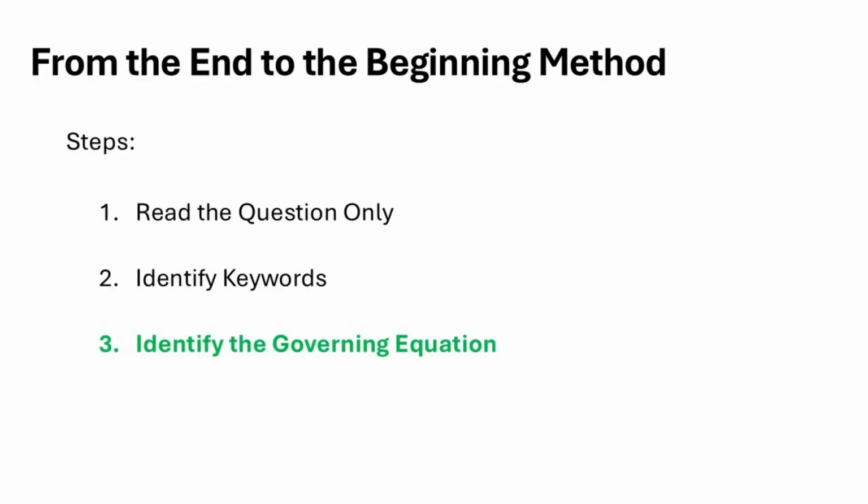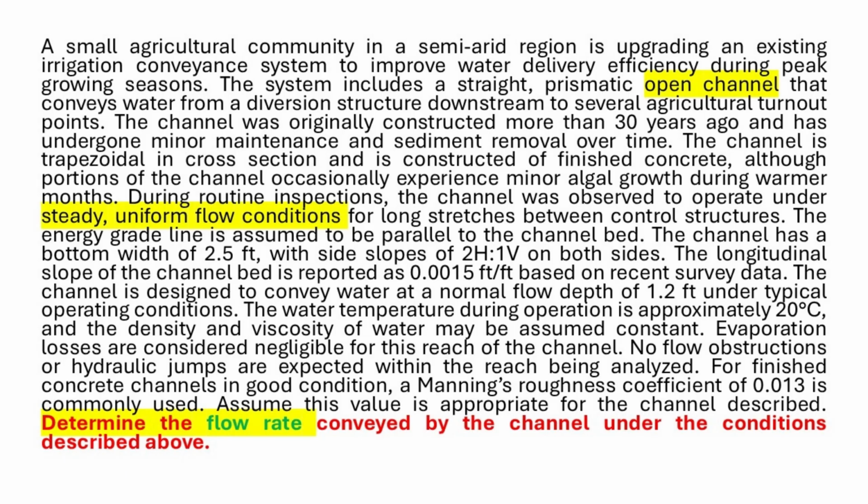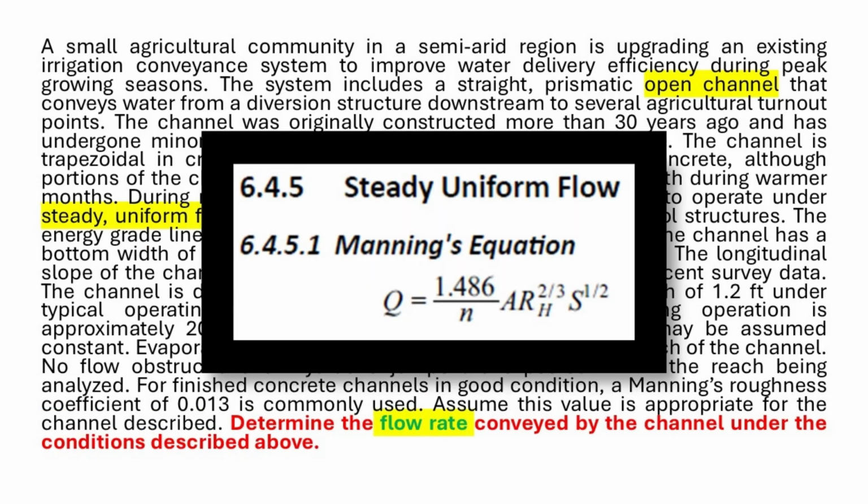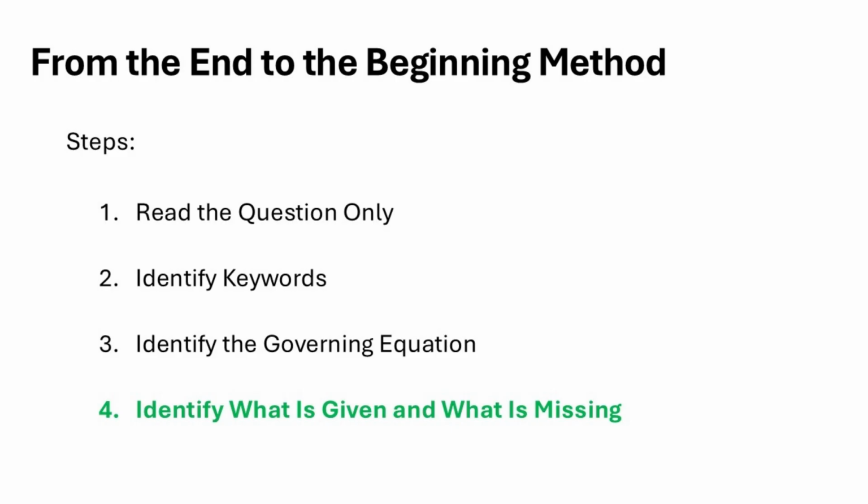Now step number 3, identify the governing equation. Once you know what you are solving for, ask yourself, what is the most relevant equation that contains these variables? At this stage, you are not solving anything yet. You are just choosing the equation. But this step alone eliminates guesswork. So back to the example problem, based on the highlighted keywords, we are trying to determine the flow rate in an open channel under steady uniform flow conditions. So what comes to your mind? Manning's equation is the obvious choice. So step number 4,